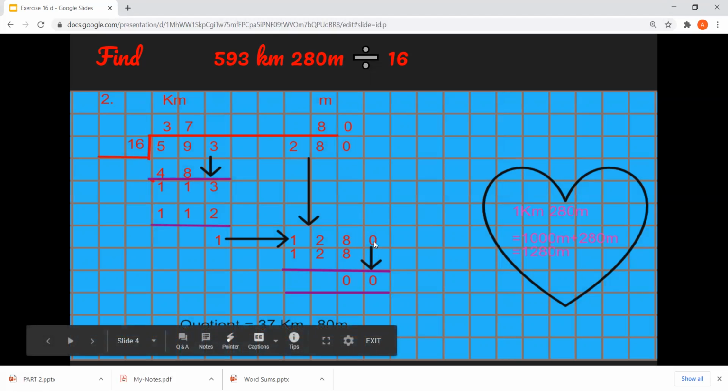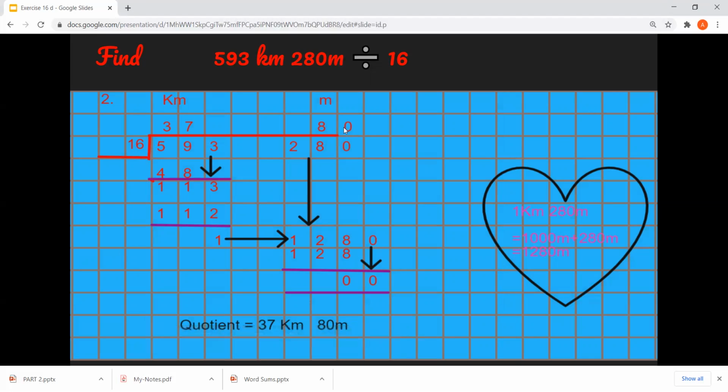And the next number is 0. We will carry it down. So now these are double 0 and 16 zeros is 0. So meters are 80 and kilometers are 37. So when we divide 593 kilometers 280 meters by 16, we will get 37 kilometers and 80 meters. And here I have shown the conversion, 1 kilometer 280 meter. When we convert, it will become